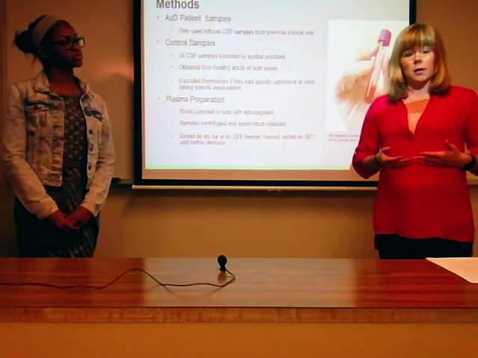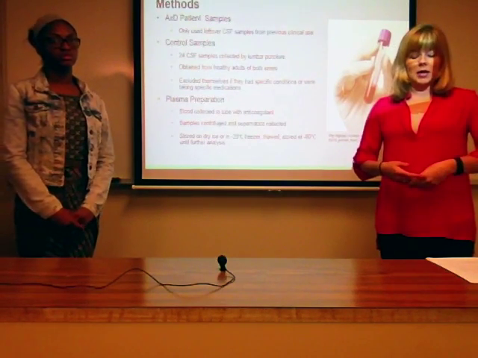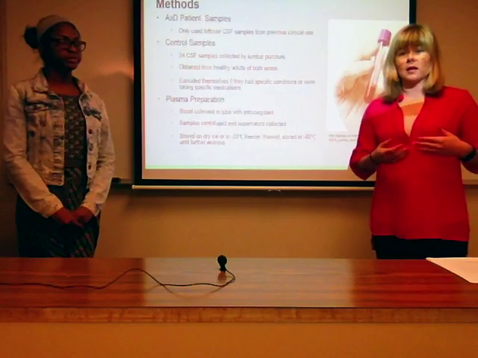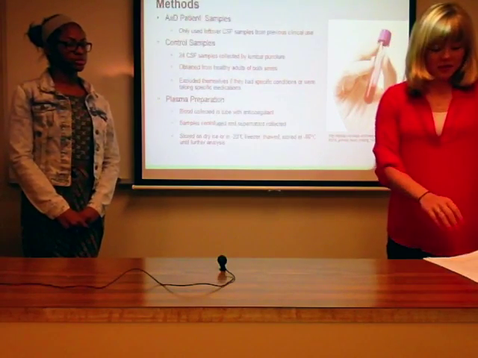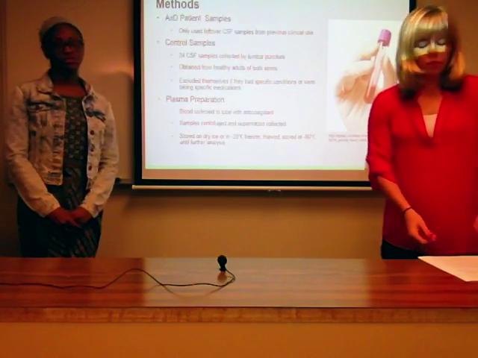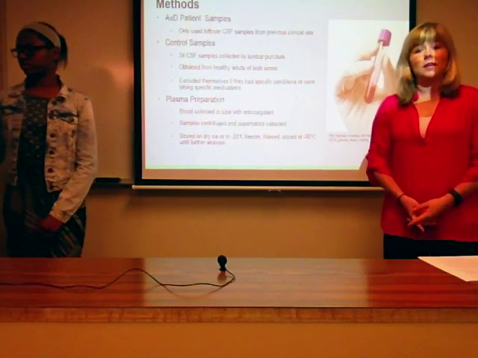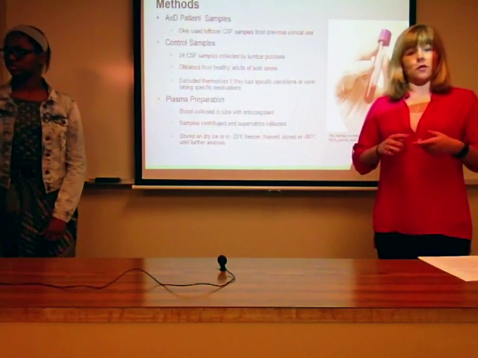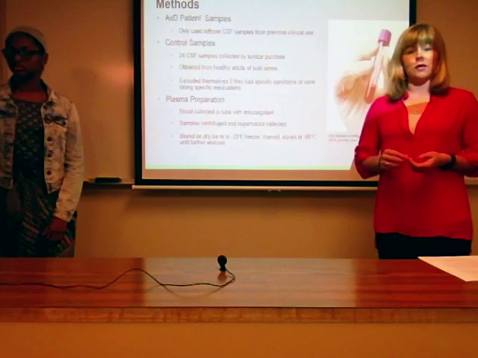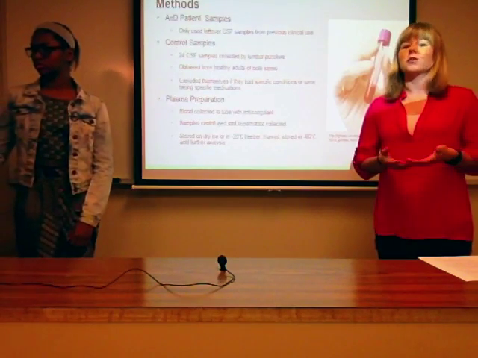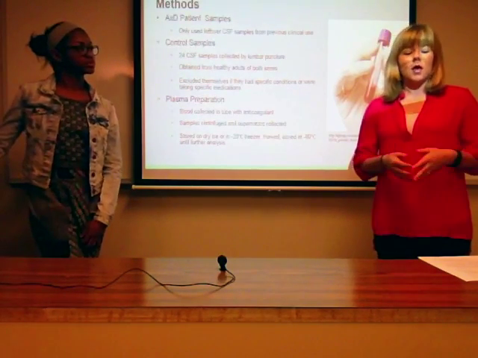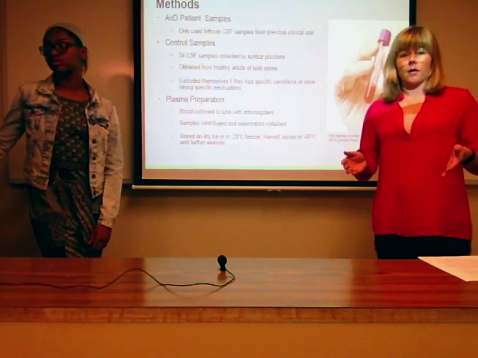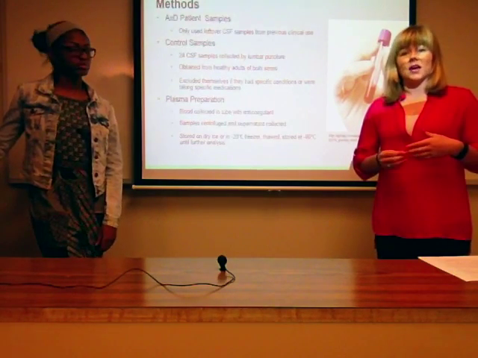And then for plasma preparation, they collected blood in a tube with anticoagulant to prevent clotting. And then they centrifuged this sample, and they collected the supernatant. And then they stored the supernatant either on dry ice or at negative 20 degrees Celsius until the samples could be shipped. And then upon delivery, they were thawed, divided into aliquots, and then stored at negative 80 degrees Celsius